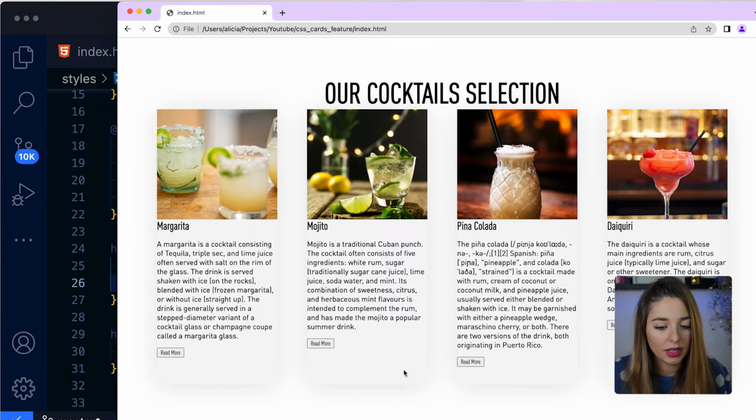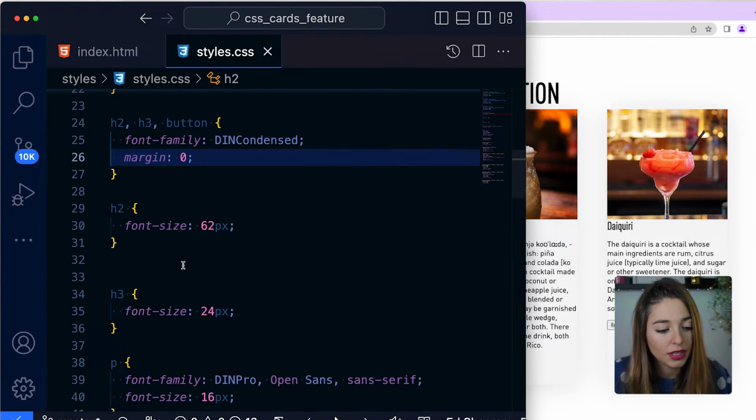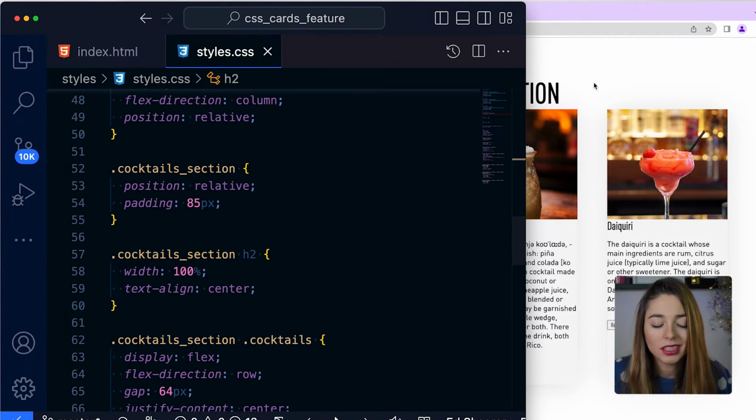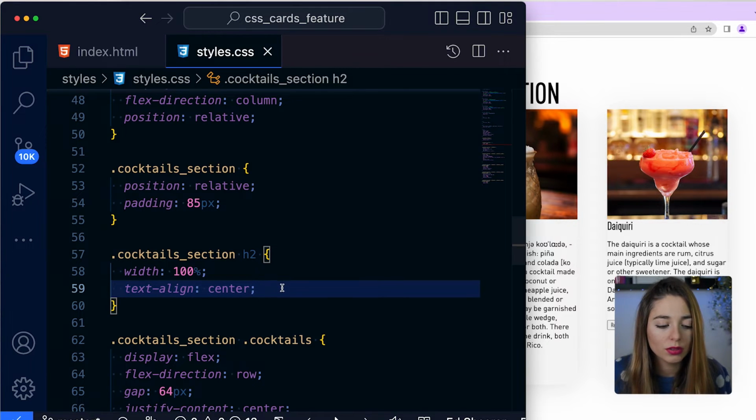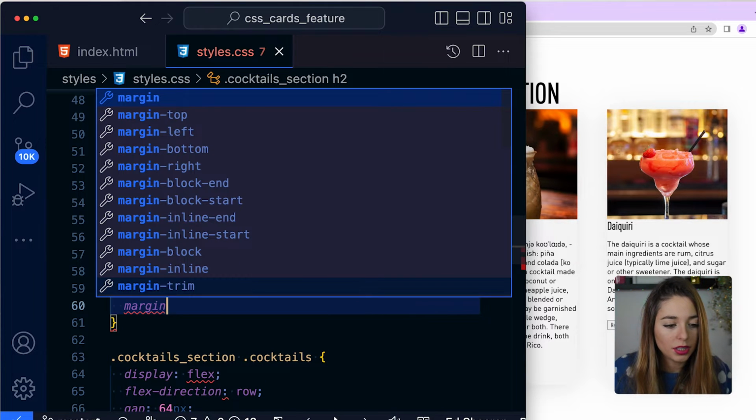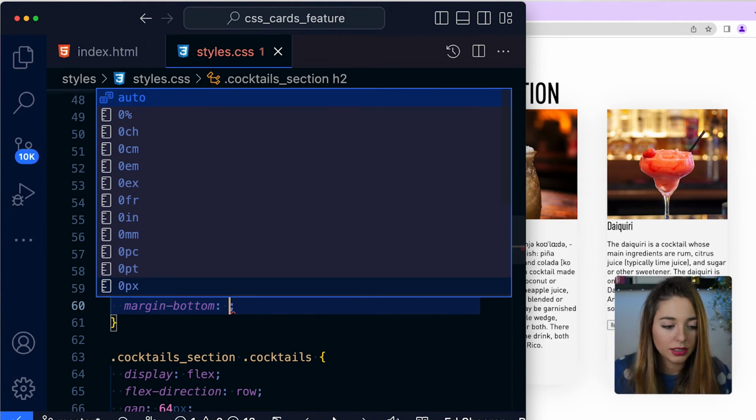Gonna refresh, and okay, this looks a bit better. Now we lost the margin that we had here in the title, so I'm just gonna add it manually. This is just so we ensure that we add the margin that we actually want, so we don't have any styles there by default. So margin bottom,